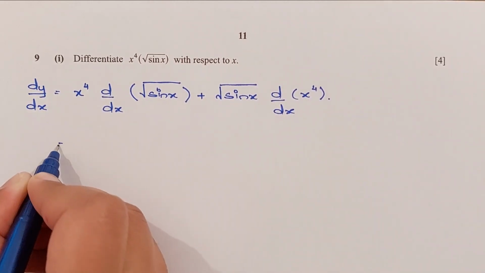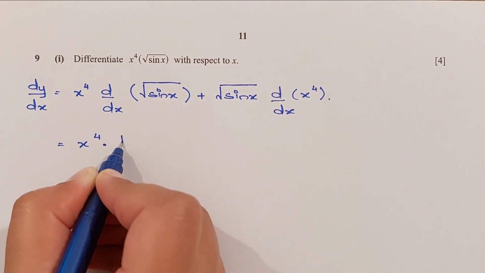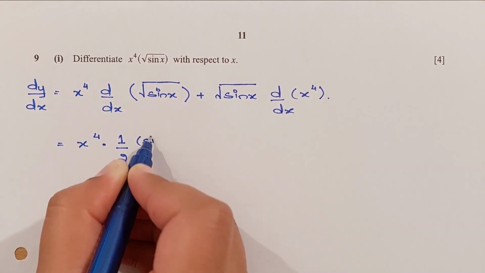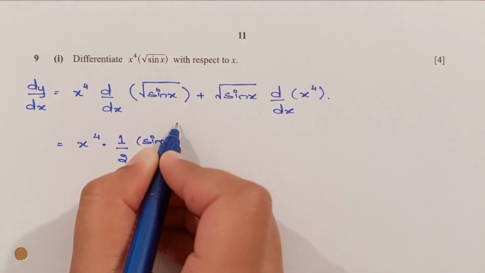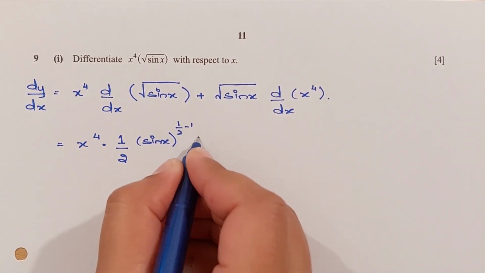So this is equal to x exponent 4, and we have to use a power rule here. So 1 by 2 sine x, power is 1 by 2 minus 1, and the derivative of sine is cos x,